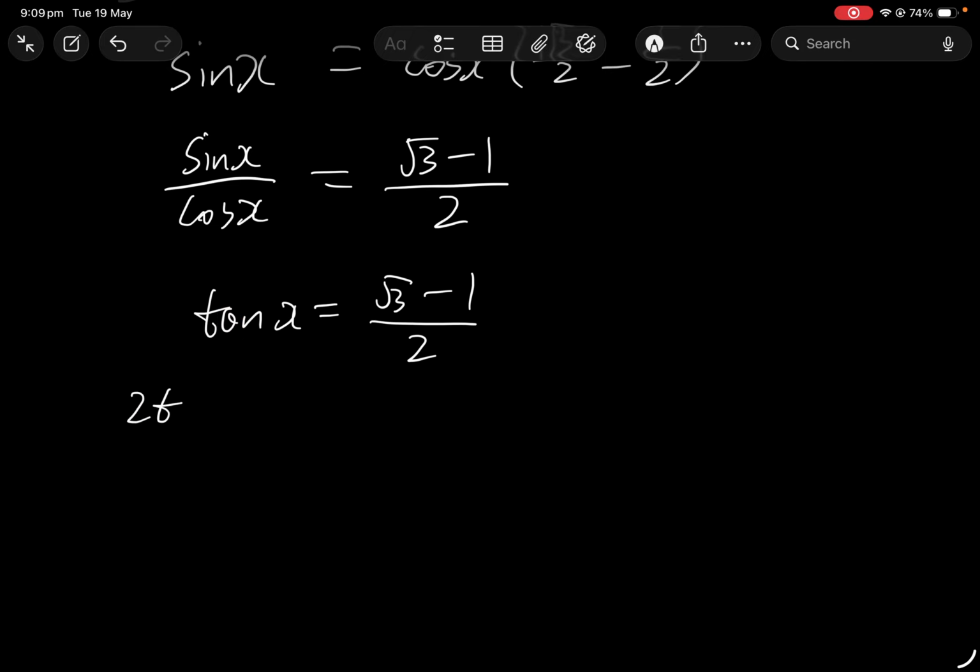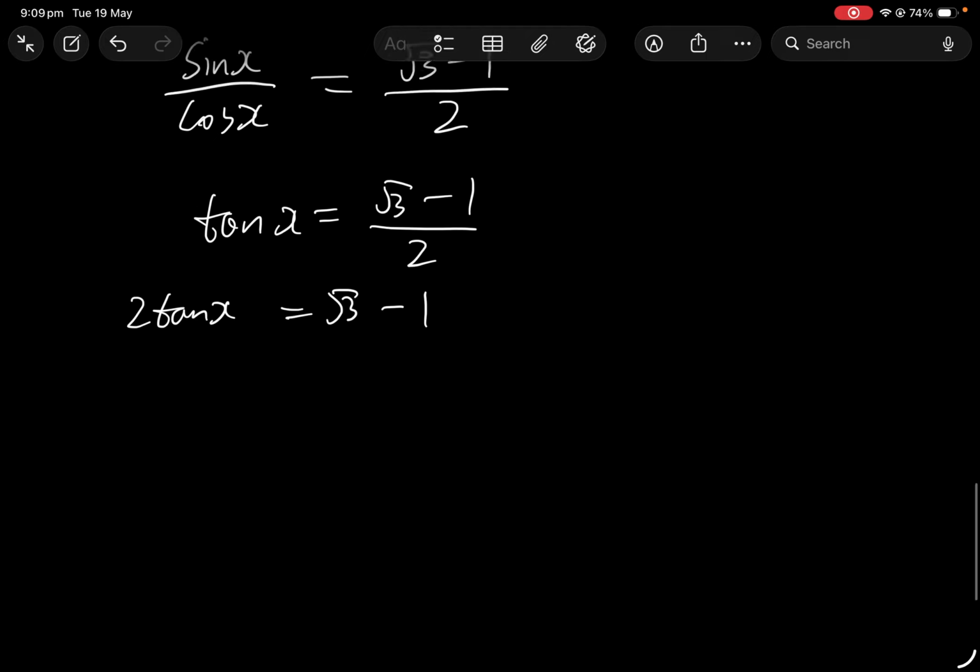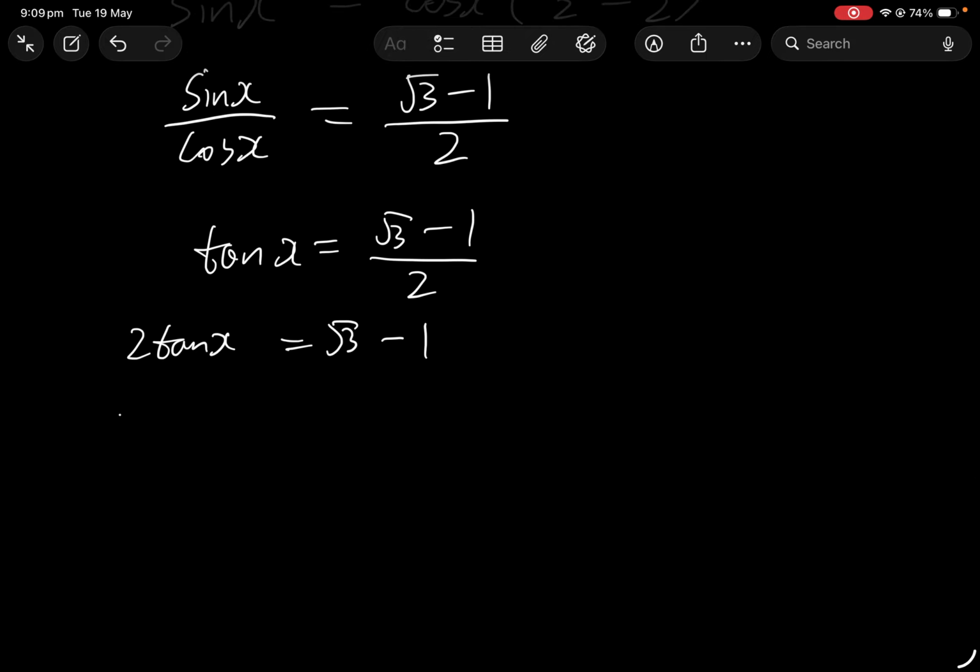So it's 2 tan x, 2 tan x equals square root 3 minus 1. That becomes 2 sine x, and